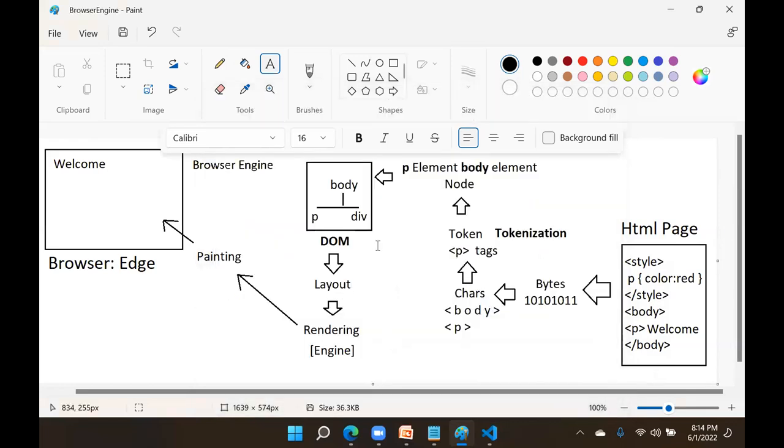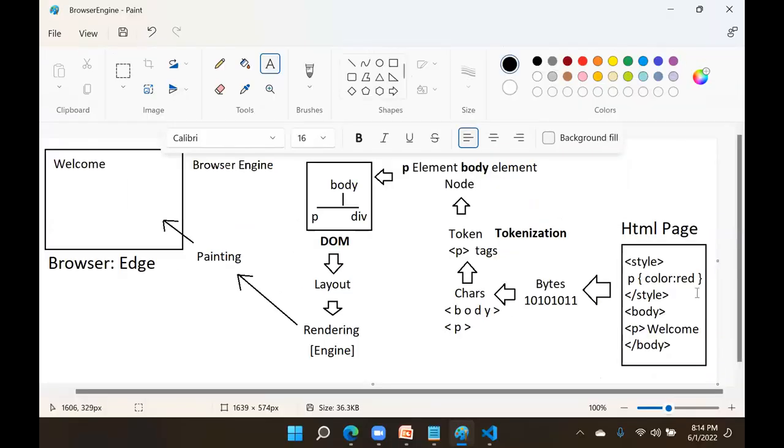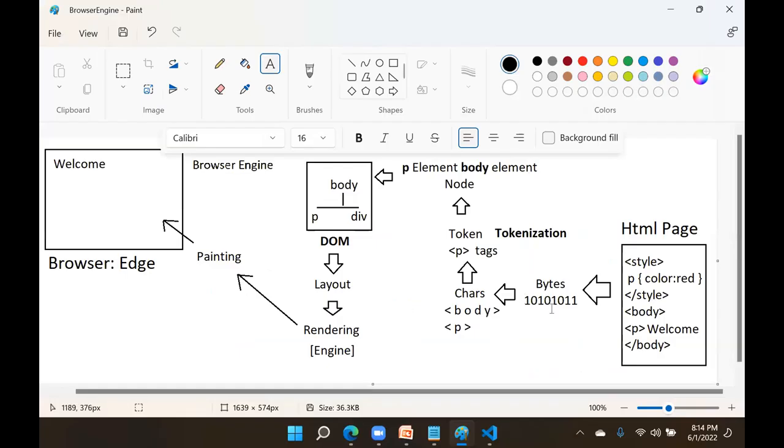Actually, you have seen only DOM. But what about this style? We forgot about this. We are looking only at this area. Actually, this is also working simultaneously. We left that out. That means what happens is, it is not only the paragraph, whatever you have written, everything